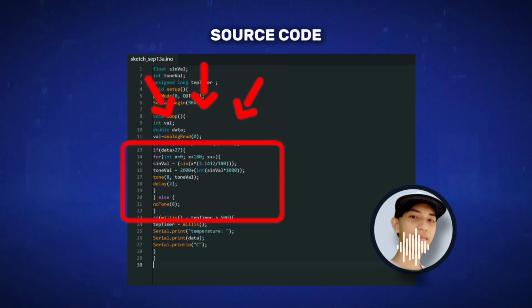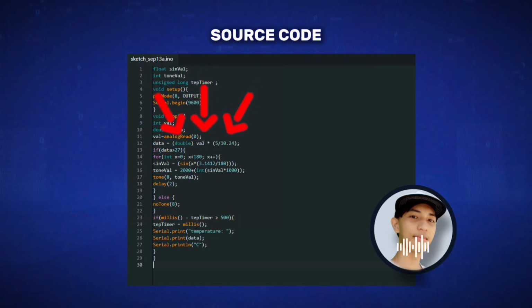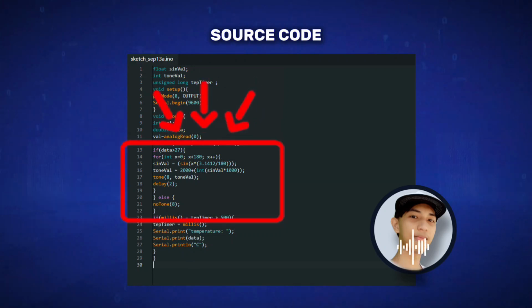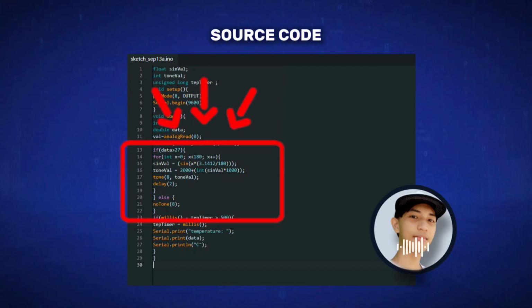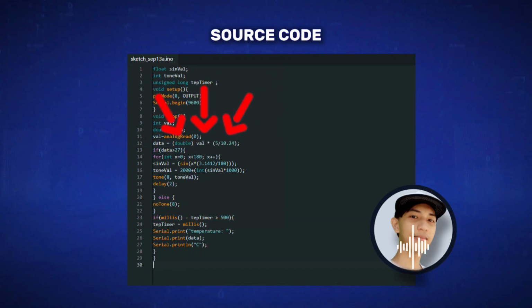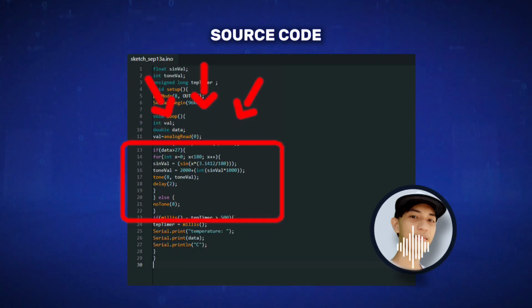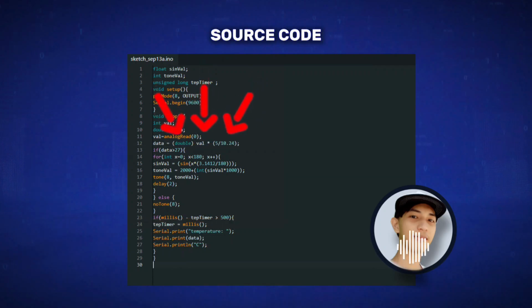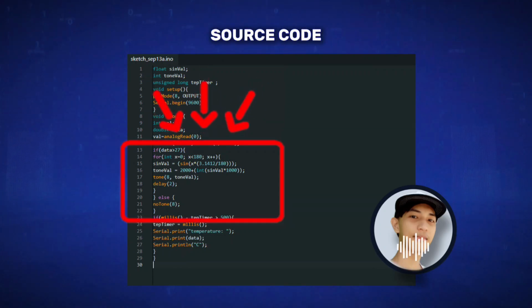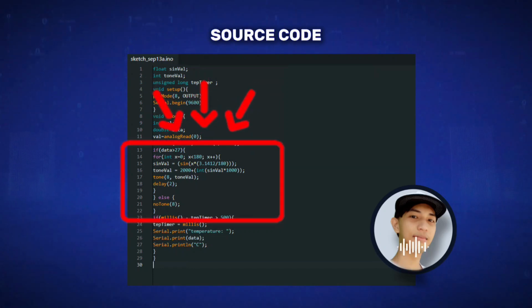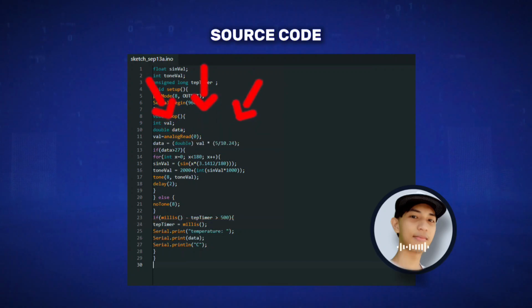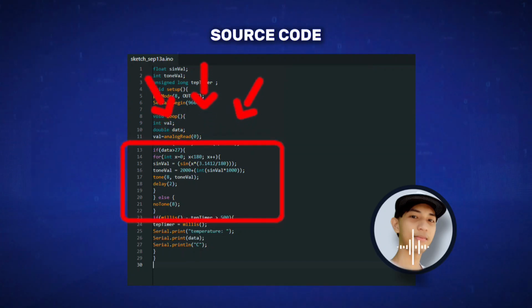This converts the angle to a radian for the sine wave, and the tone value uses the sine function to vary the frequency of the sound. This tone plays the sound, which is the output for the buzzer. Delay is the duration of the small delay for each tone change. Else, noTone, which means the sound stops.